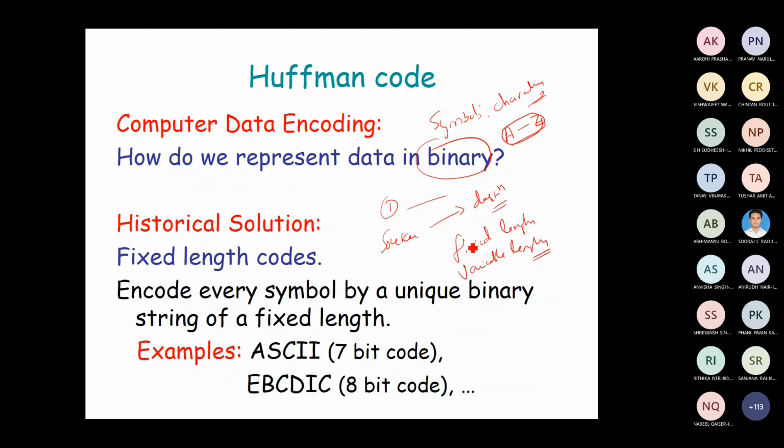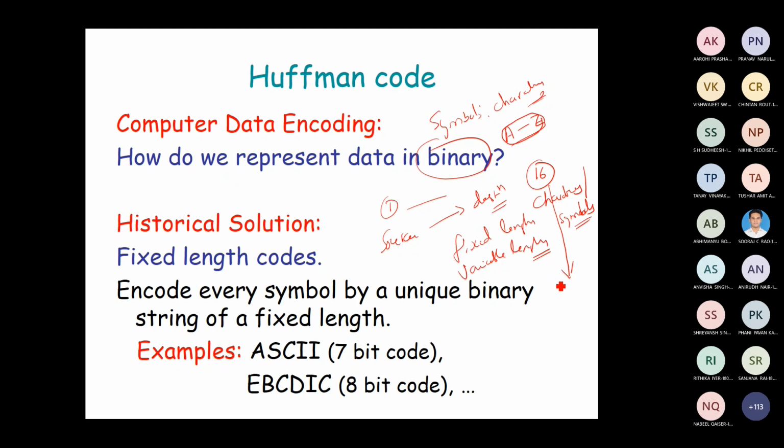Okay, so what exactly happens in case of fixed length code? In case of fixed length code, each and every symbol is represented by a unique binary string. Say for example, let us assume that in a given language there are only 16 characters or symbols. I want to represent these 16 characters or symbols by using the fixed length code. Suppose you are going to use the binary format for representing these characters, how many binary bits do I require to represent each symbol?